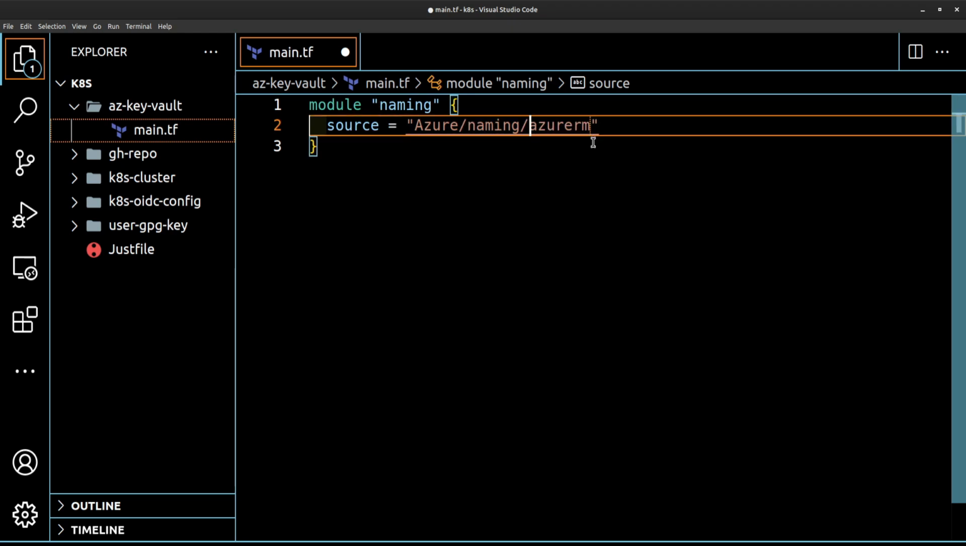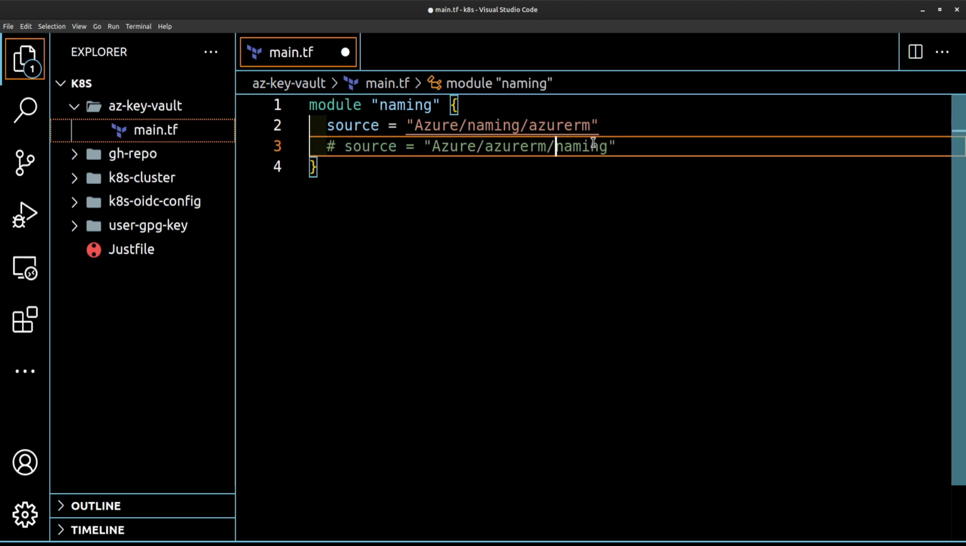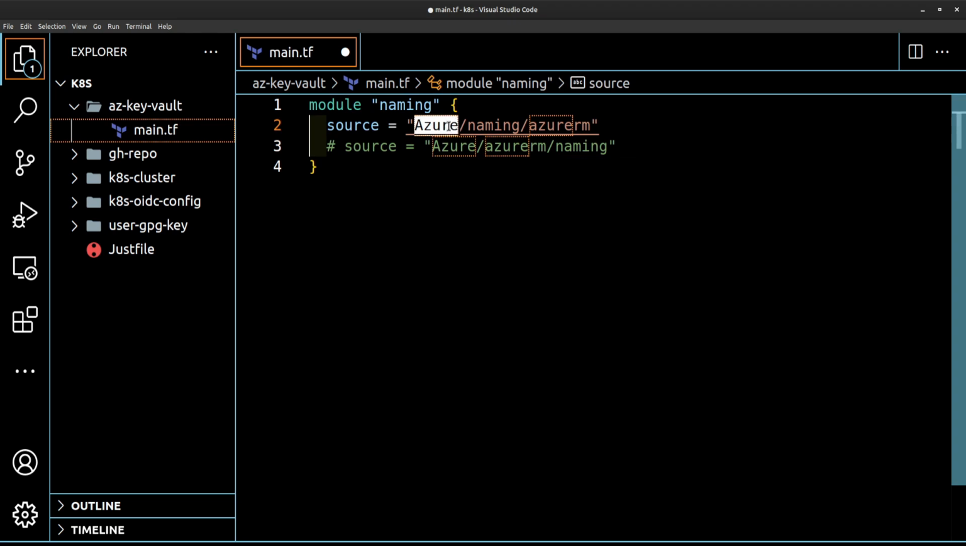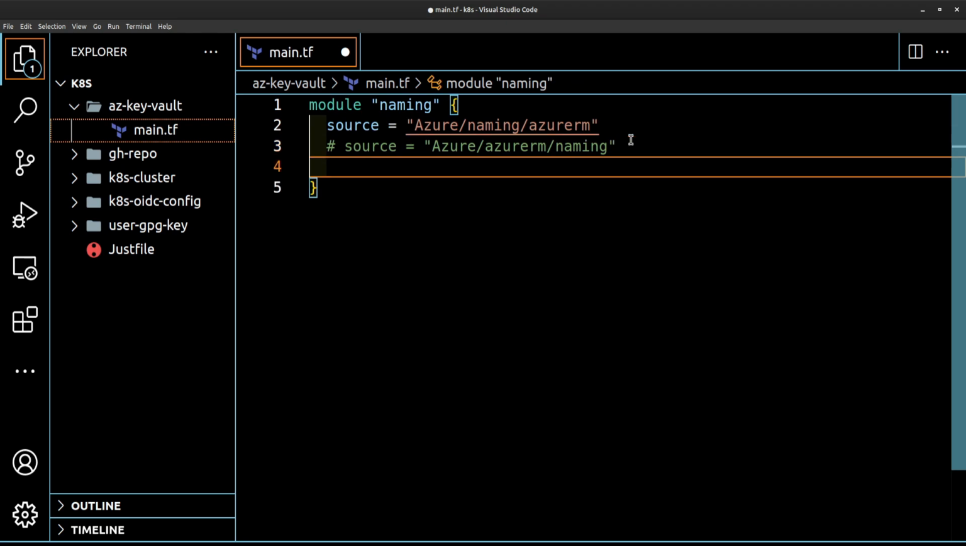So in an ideal world, I would like it to be, let me just comment this out. My comment is the ideal world, by the way. So this is what I think should be: azurerm and naming. But this, like, I'm coming from Azure, and then I'm going to azurerm, and then going back to naming. So this is just quite strange. Anyhow, version,